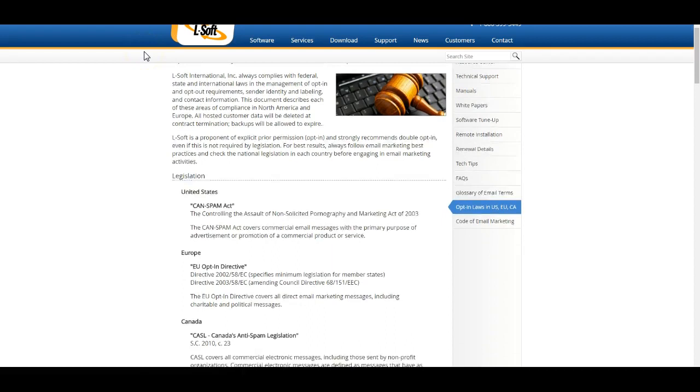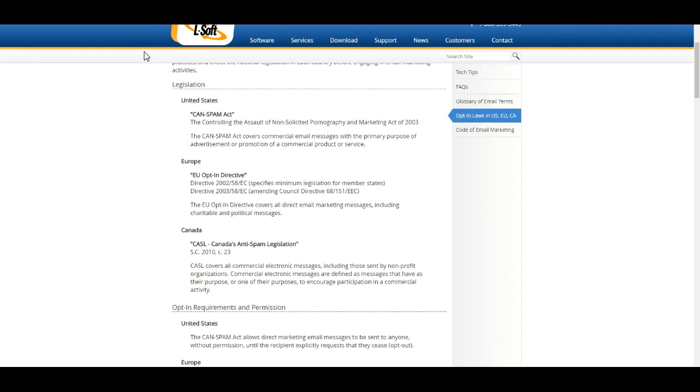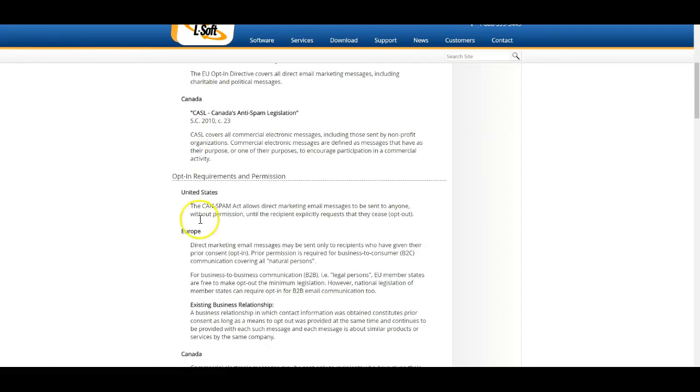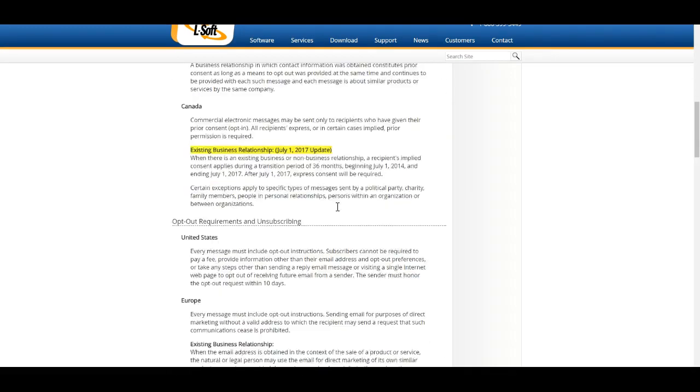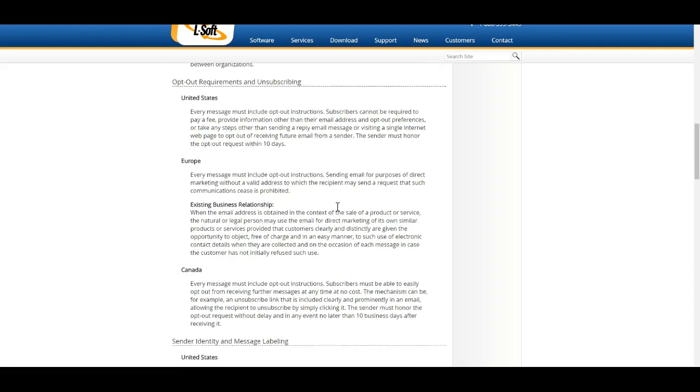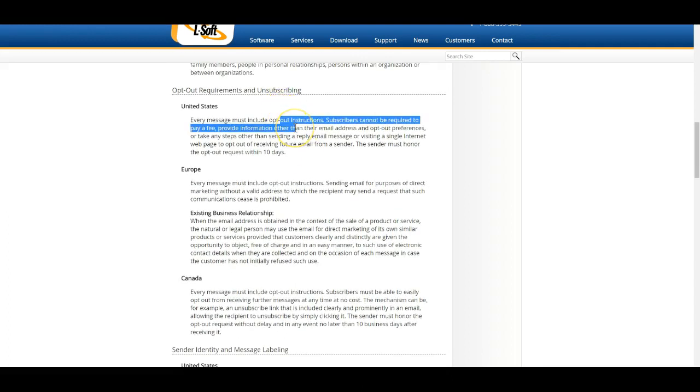This site goes into more details for key points and what each country or region allows. In the United States, you can email anyone without permission, but if they opt out, you have to remove them from your mailing list. Every message must have opt-out instructions.